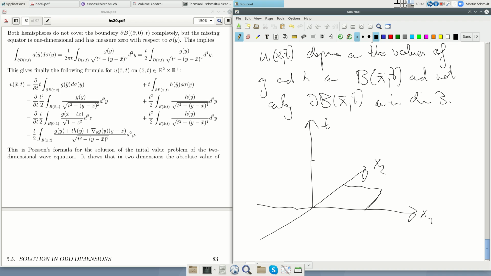At this point here, we obtain that it depends on the values of the whole ball in this plane here. And this means if we connect all the points on the ball with these points upstairs here, then the velocity